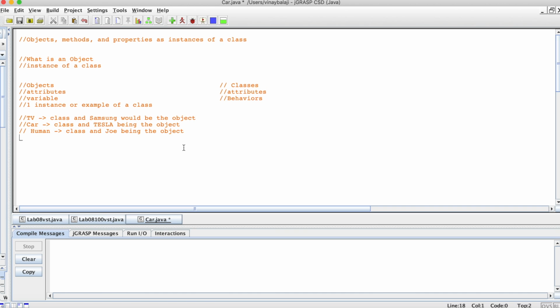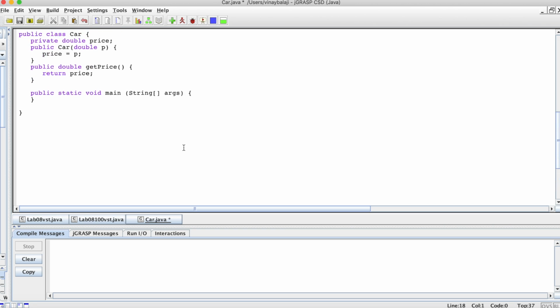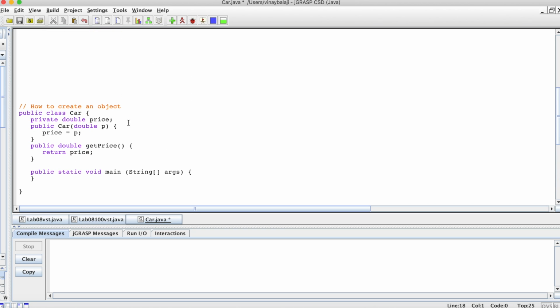So now let's talk about how to create an object. So right here is the public class that we will be using. Public class Car. What we'll be doing is trying to print out the price of the car using object-oriented programming. So this is a private double price. We'll set price equal to a double variable because most prices are listed in a decimal format. So private, what private means is that